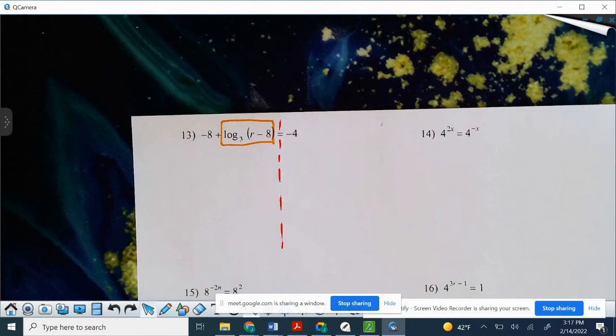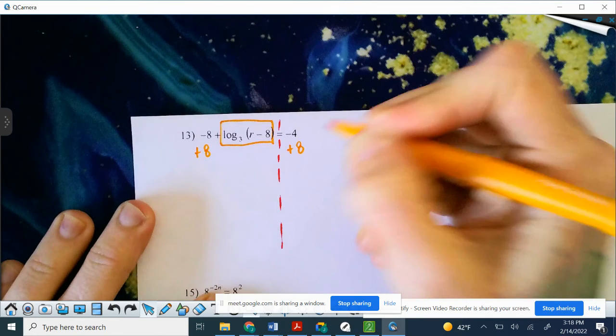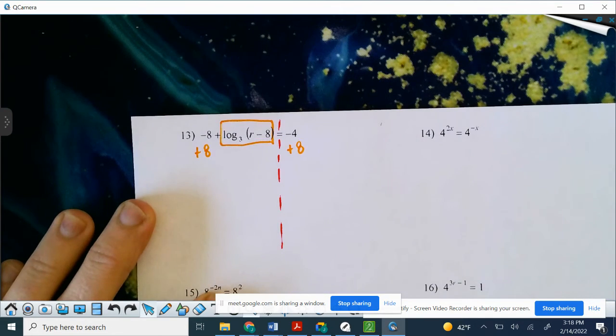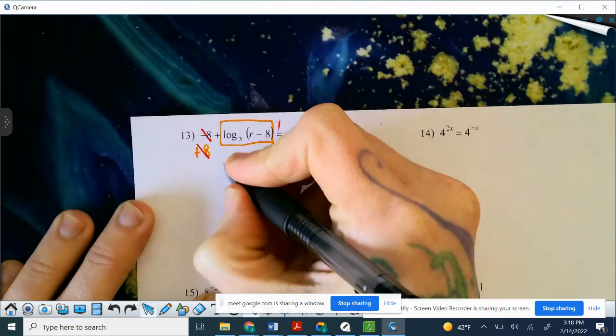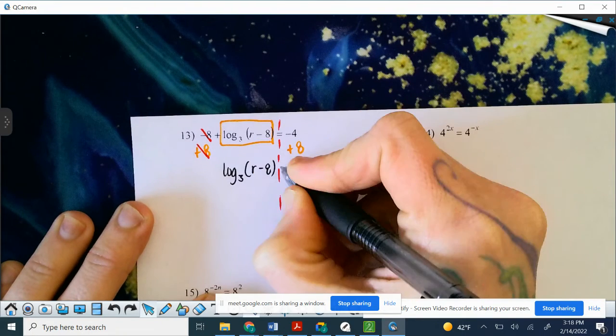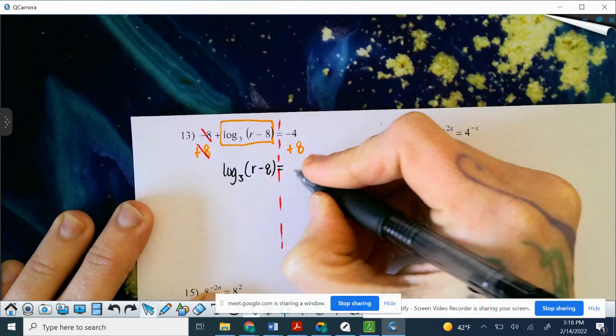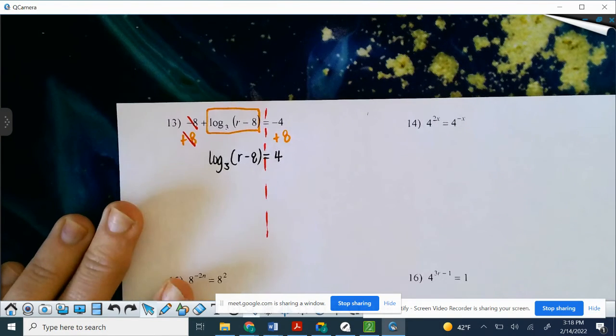So the only issue we have on that side right now is that negative 8. It is not attached by multiplication, though. It has a plus sign. So we're going to have to undo that negative 8 by adding 8 to both sides. And you added because it was negative, because we need this side for these to zero out. And so we have log base 3 of r minus 8 equals negative 4 plus 8, which is going to give me a positive 4. And again, your variable is over there on the log side, so we're going to switch it